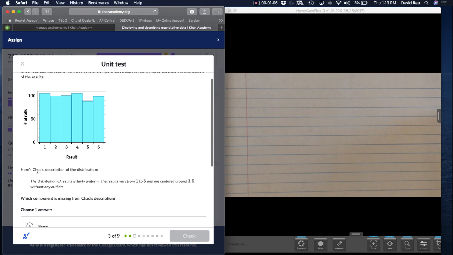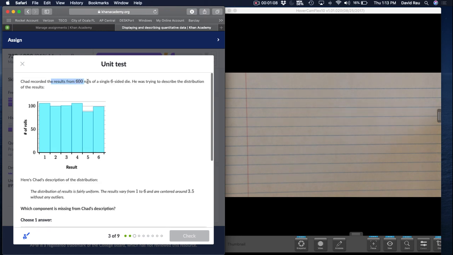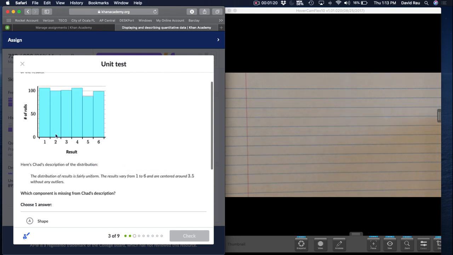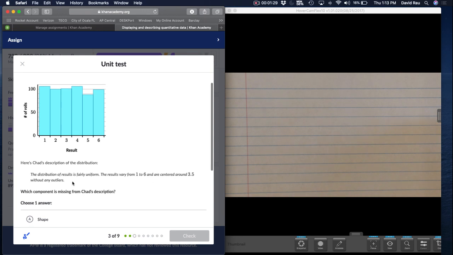All right. Up next, Chad recorded the result of 600 rolls of a single 6-sided dice. Maybe this is what you're doing also to pass the time. And so, Chad's description of the distribution is that it is fairly uniform. The results vary from 1 to 6 and are centered around 3.5 without any outliers. And then it says which component is missing from Chad's description. Now that being said,